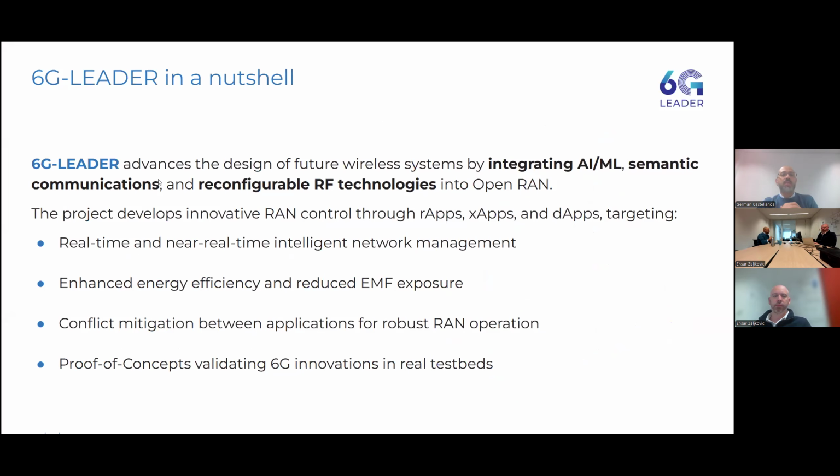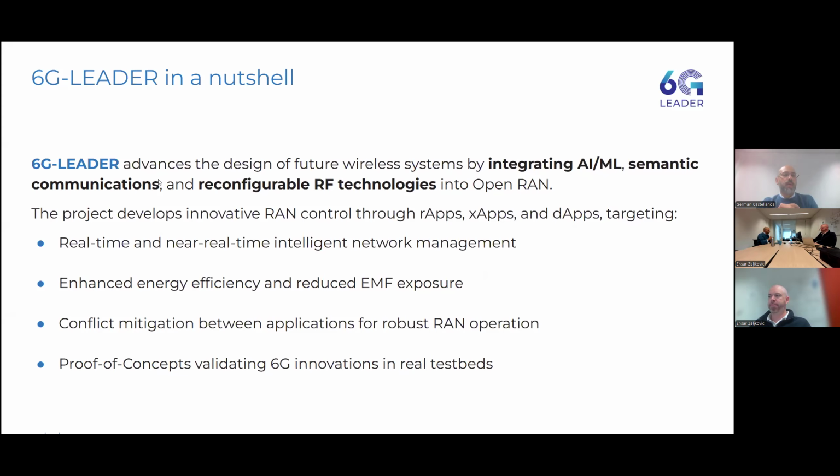The whole idea of the 6G-LEADER is basically to try to integrate AI, ML, semantic communications, and reconfigurable RF technologies into an open RAN infrastructure and architecture. The basic idea is to bring the capabilities of real-time, non-real-time and near real-time intelligence into the network management by enhancing energy efficiency and reducing the electromagnetic field exposure.